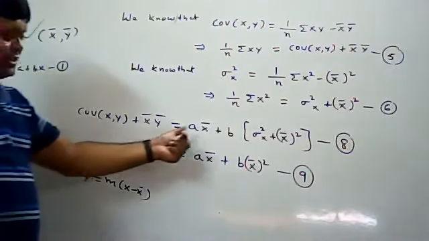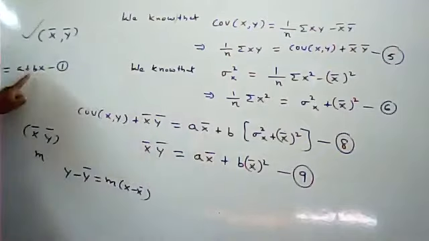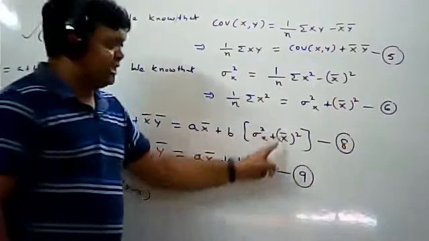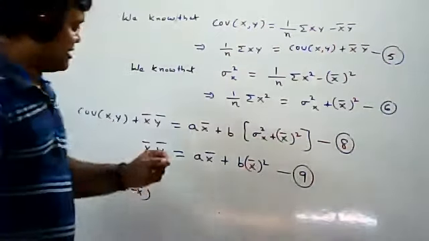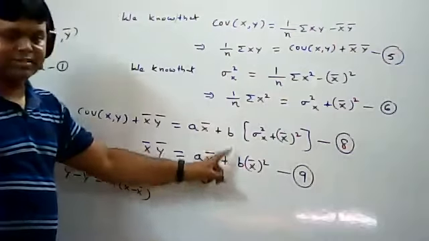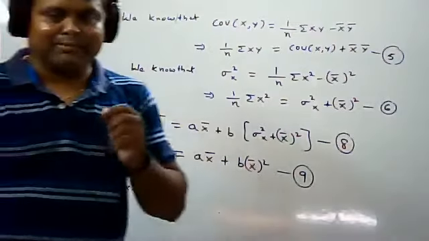So I want to calculate the slope first. In this, what is the slope? Slope is nothing but b. So b is the slope value. That is the reason from these two equations I will first calculate the slope value. B is the slope value. That means I will identify the b value.